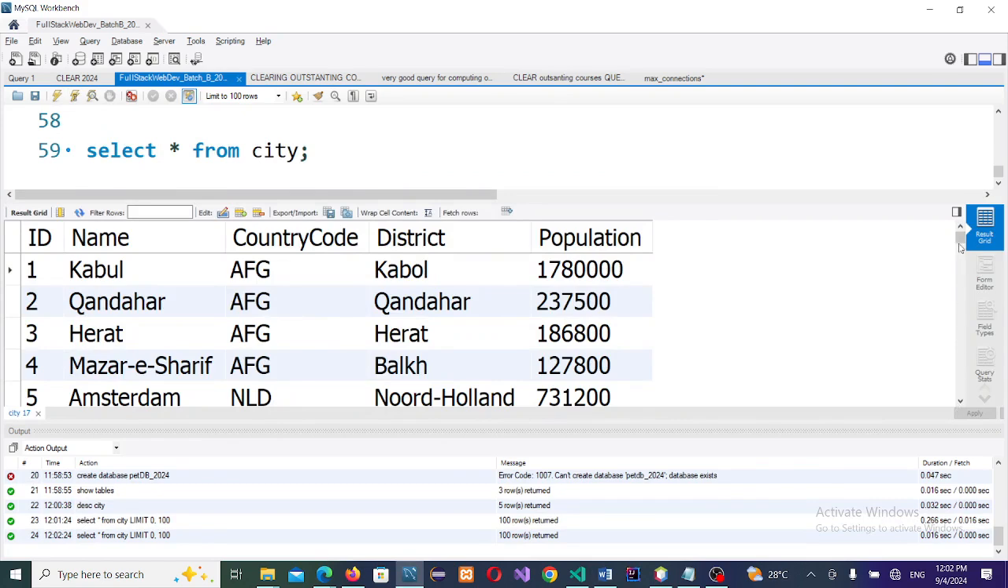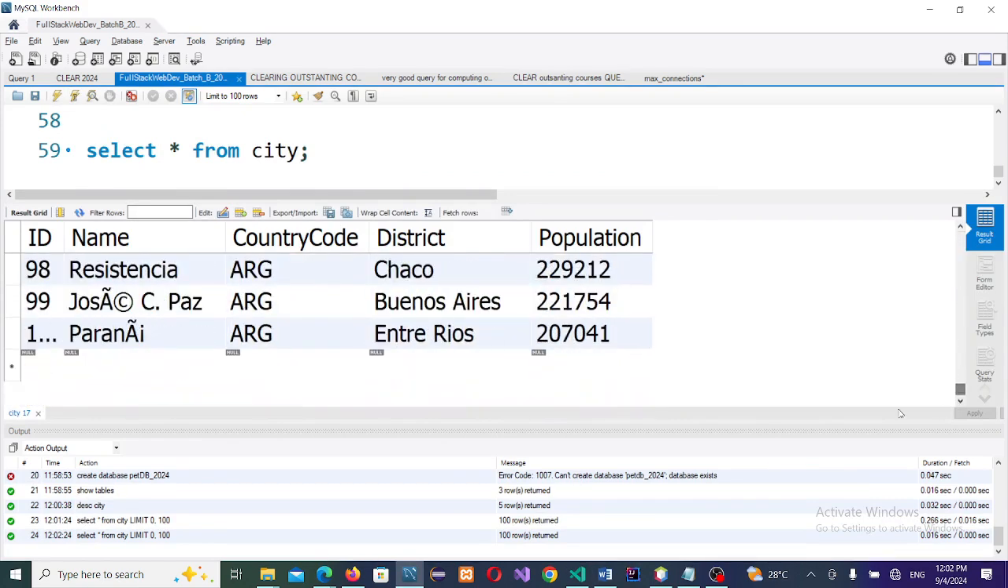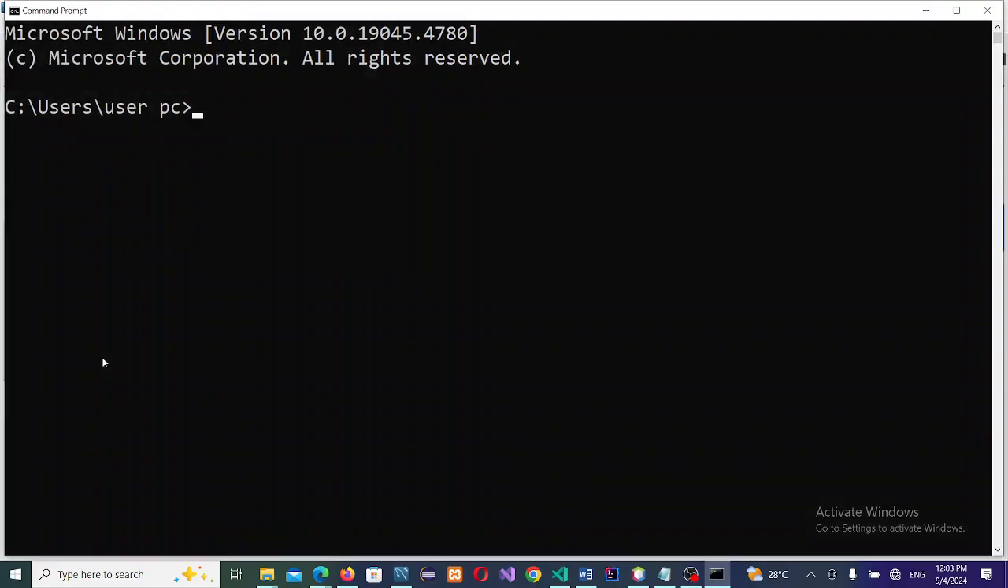Please come down here. You see something. Can you see after 99 you see 1 dot ellipsis? This is the disadvantage of using Workbench, the community version, not the paid version. This version I'm using only gives you 100 rows at a time. This tells you that there are other rows below it. If you want to see everything, you only use CMD, or you use